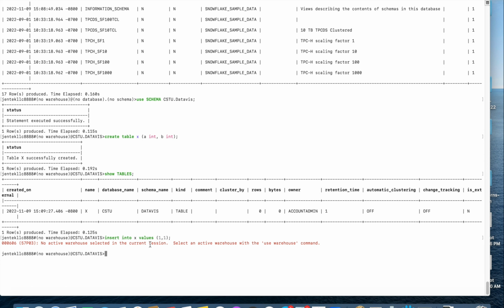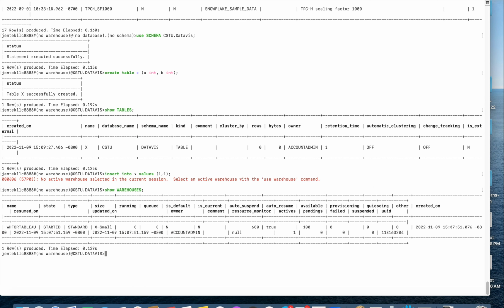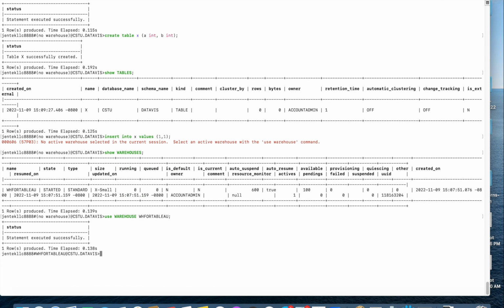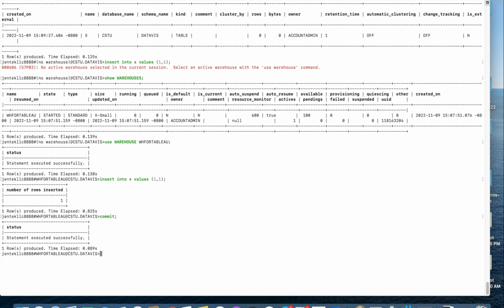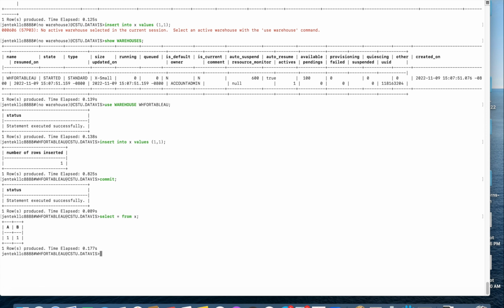But it does not let you insert because you have not specified the active warehouse. But we have created a warehouse called WH for Tableau. So we just need to specify that warehouse as the active warehouse. The command is use warehouse, followed by the warehouse name. Okay, so now you have an active warehouse called WH for Tableau, and then you can try to insert again. It lets you insert, so your insert is successful, and you can run a commit to make it permanent, and then you can run a select to see whether or not the value is already inside. So now the row has been selected. So that concludes